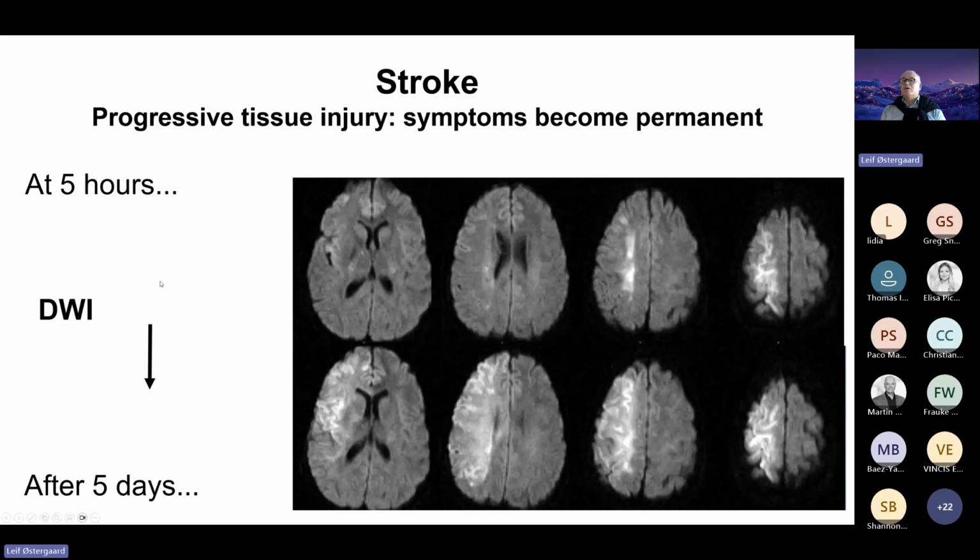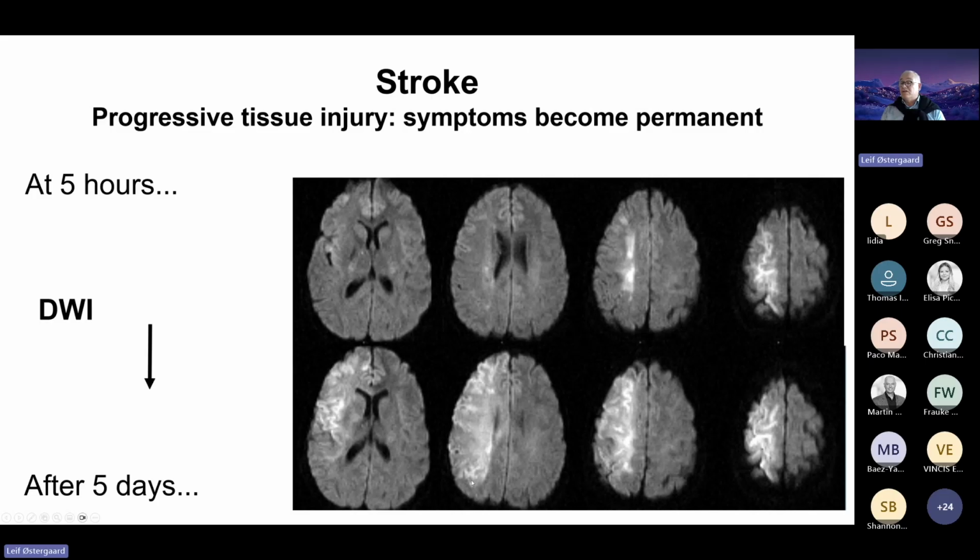So the reason why we're so interested in perfusion, at least in neurology, is very much related to stroke. Because as you know, after a stroke, the patient gets symptoms. And what is very important is that initially, when the patient gets into the hospital, brain injury because of this tissue hypoxia that comes because of this ischemia may be limited, as you see in the top row. In this case, it's just small areas in the perfusion territory that's affected. But as you can see in this diffusion weighted image, after 5 days, the